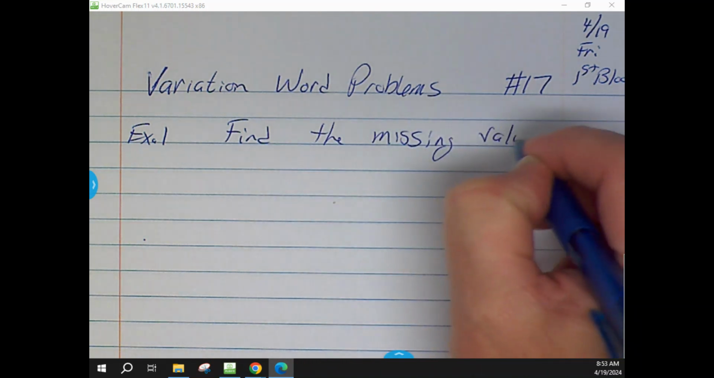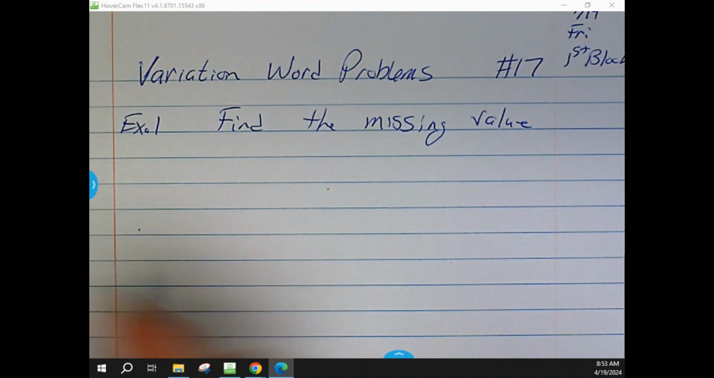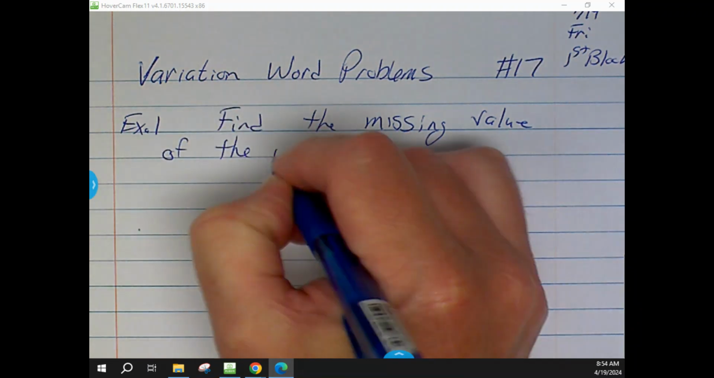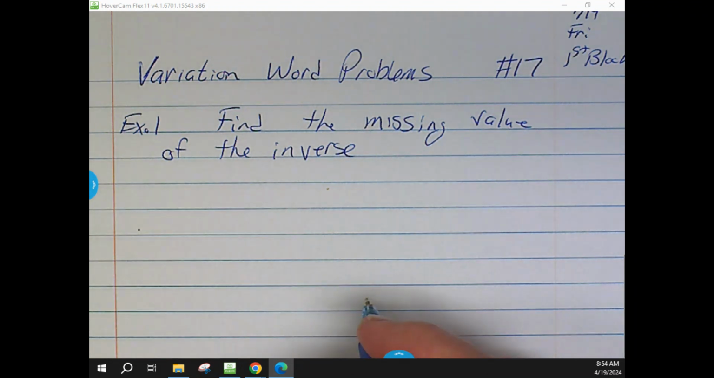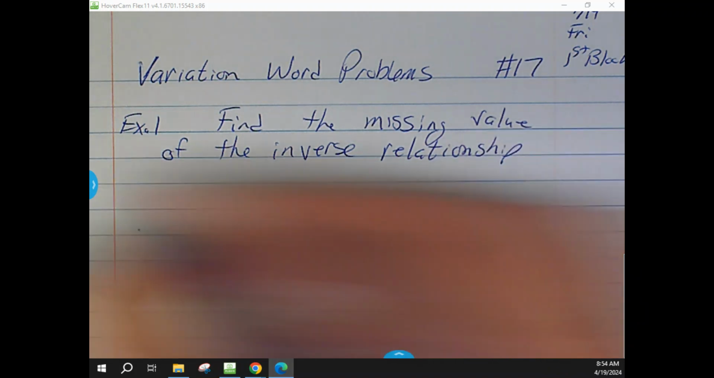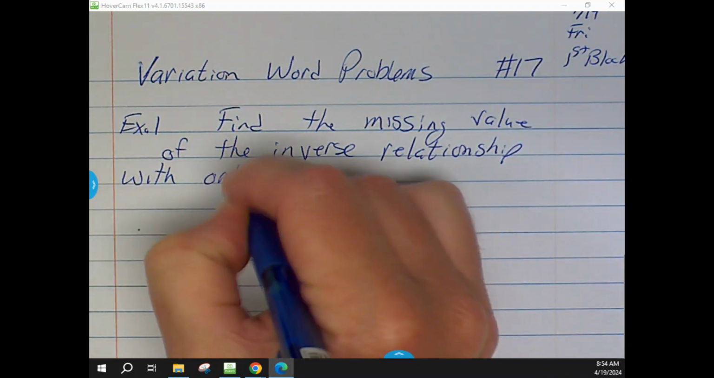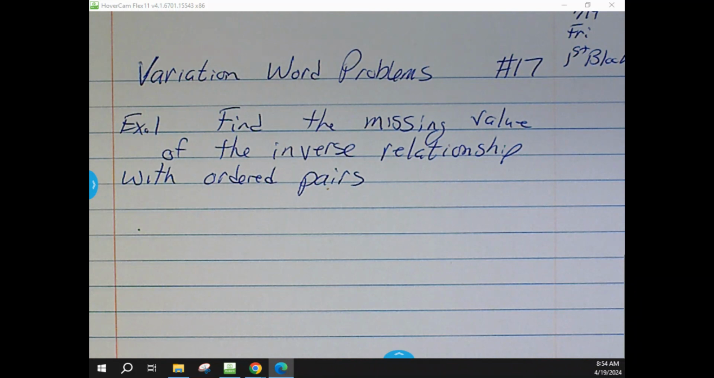All right, so the very first one on this one, and then all these will be basically the same way. You got to find the missing value, and then they have to tell you what type of relationship we're looking at as we go through this. So the very first problem will be here. We've got to find the missing value, the inverse relationship with ordered pairs, and then they'll tell us which ones